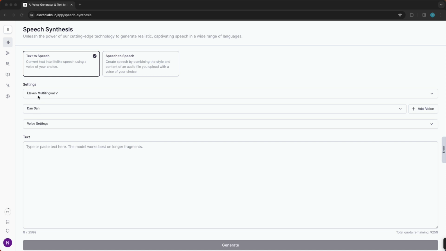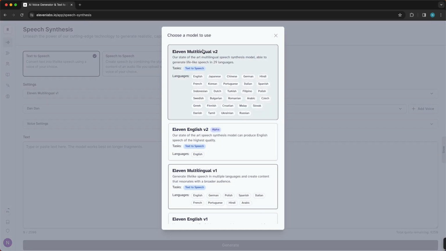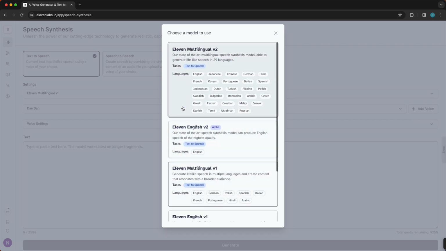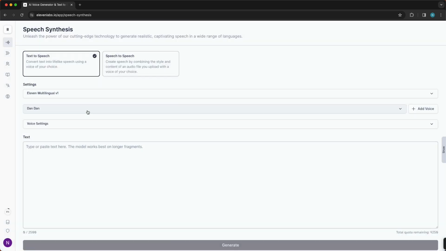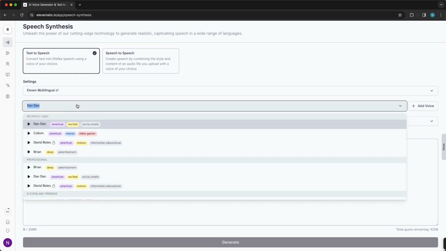So you see the multilingual settings. So this is basically a model they have. So they have quite a lot of models. But the best thing is you can just select a voice you like. So for now, just ignore this and tap on this right here. All right. So for example, select